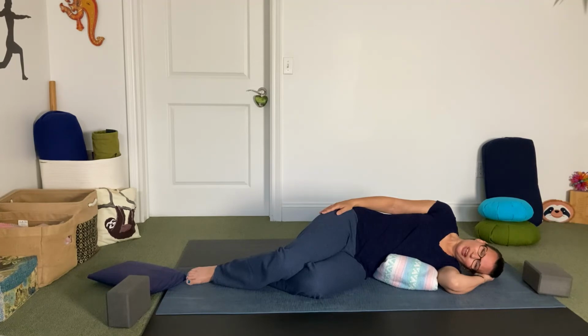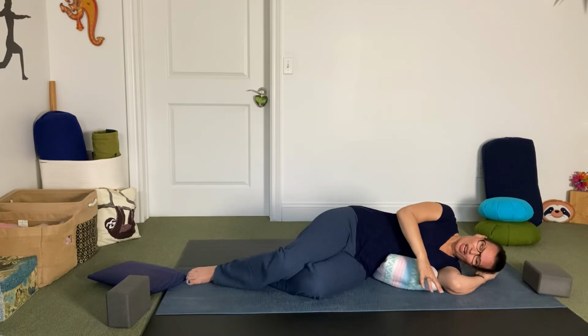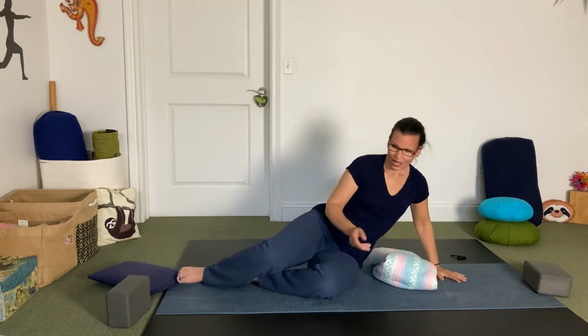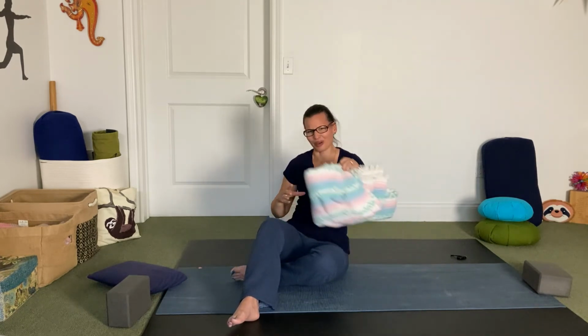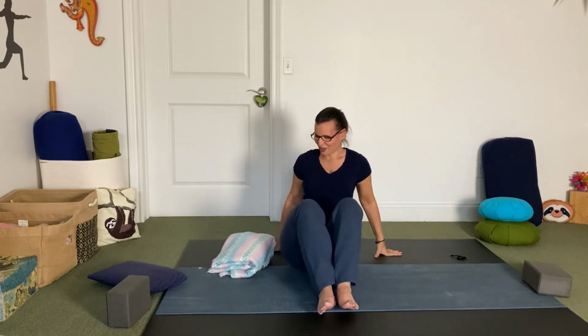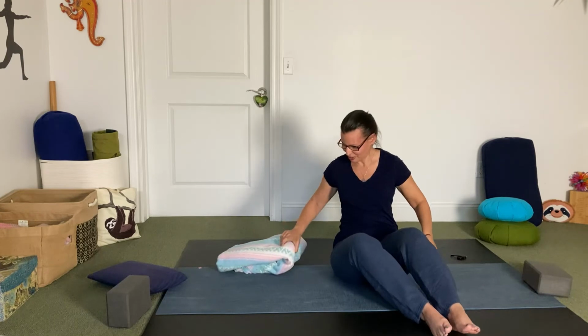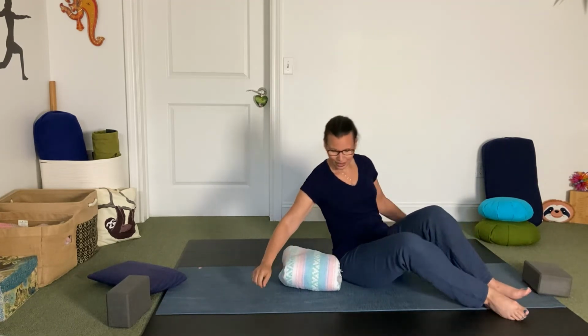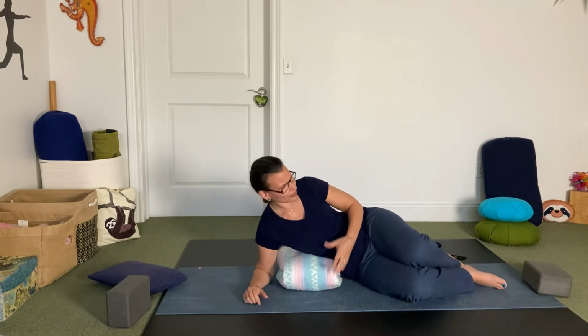And then take one last breath. Use your top arm to help push yourself up. And we'll flip around to the second side. Oh, my pillow's already on this side, so I'll show you with both the block and the pillow. Take the blanket so that the blanket can be under your ribs. I didn't really say